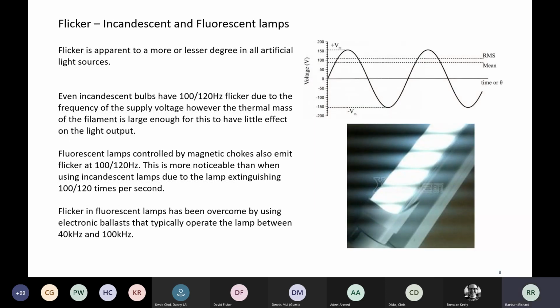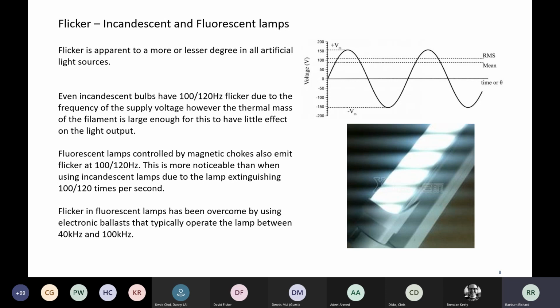Now, pretty much all light sources have some sort of flicker, and it's apparent to a lesser or greater degree. Even incandescent lamps have a flicker, but because of the thermal mass of the filament, it's large enough for this to have virtually no effect on the light output. So hence why we don't see any flicker or ripple at all from